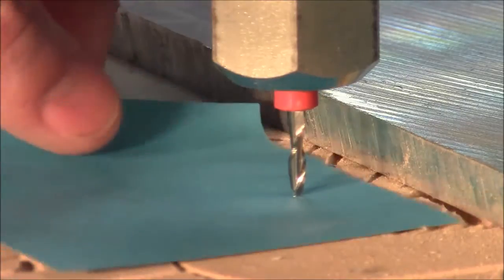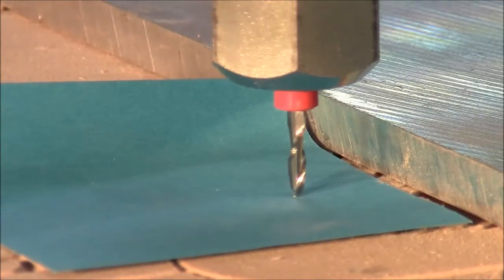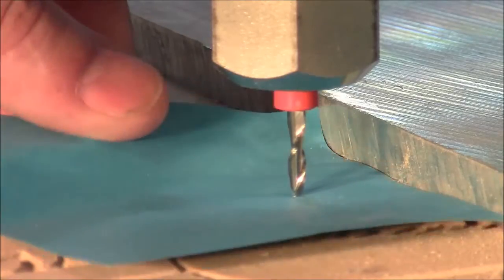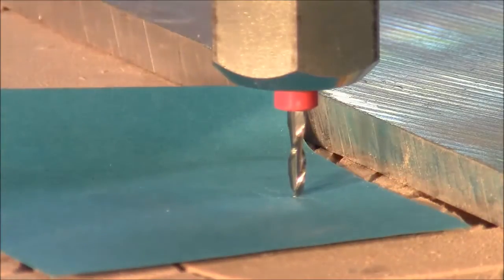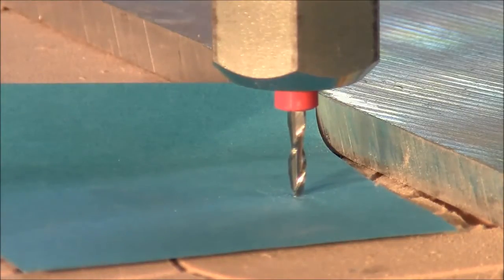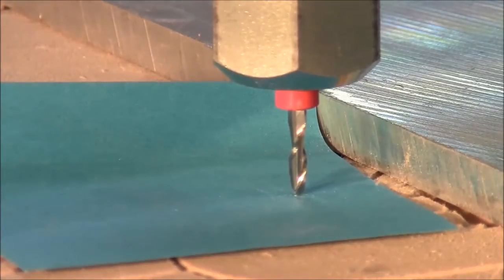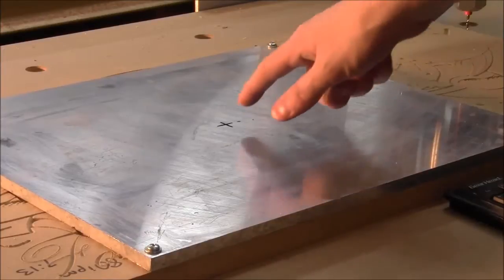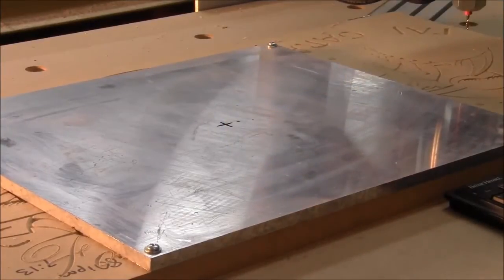and right about that feels about right. And it really is kind of a feel thing. Yeah, that's perfect. So now we're going to call that 0. Actually, it'll be 3/4 thousandths off of 0. We'll call that 0. Okay, so now we've got ourselves a little X in the center of our workpiece, and